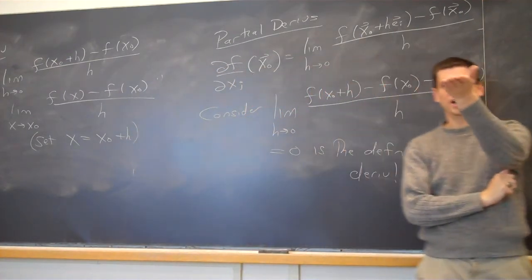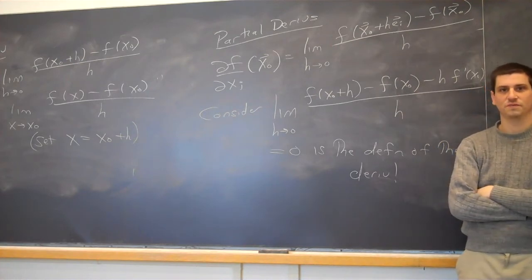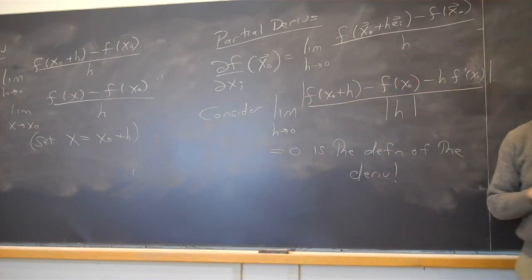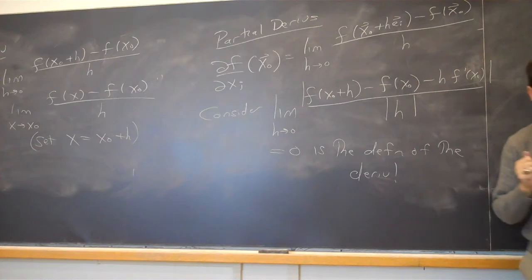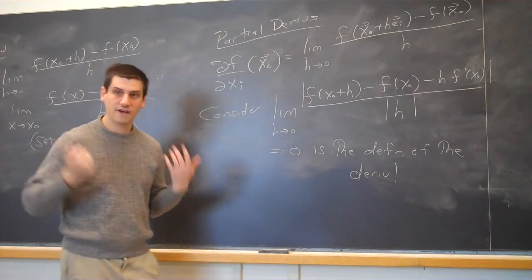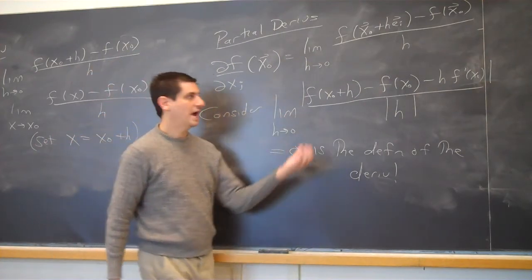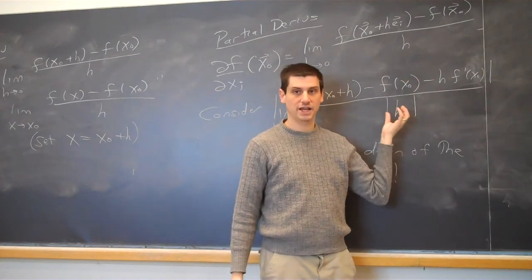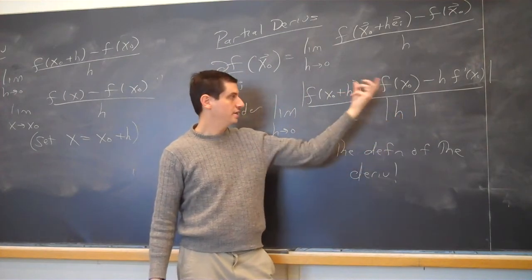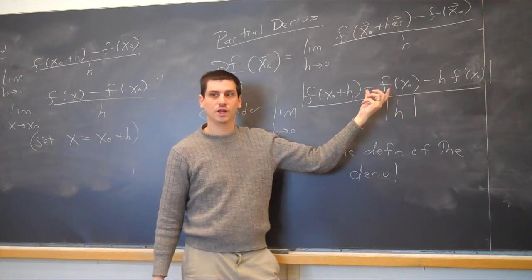What can I do? And this will make things work nicer later. Distance of Earth and Mercury. I could take the absolute value. If I take the absolute value of the numerator and the denominator, does that change the limit? Not if it's 0. If the limit was a negative number, then the absolute value would change it. But because it's a value of 0, I can put in absolute values. And this is going to generalize very nicely now to several variables. This will become just the length of h. This will just become the difference as well.